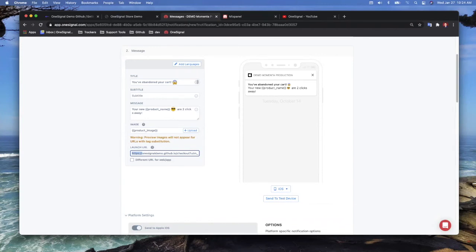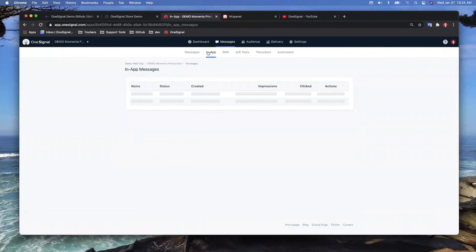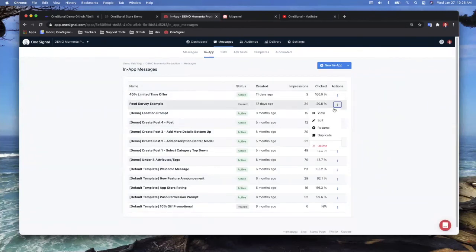Okay, when I set an in-app message to appear on app open, OneSignal fires the in-app on my splash screen. The best way to fire the in-app message on my home screen is to set up a trigger to fire it. Yeah, so basically, depending on how your app is set up, you can trigger the in-app message